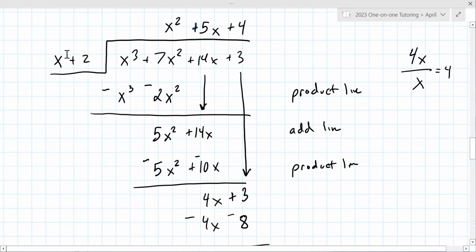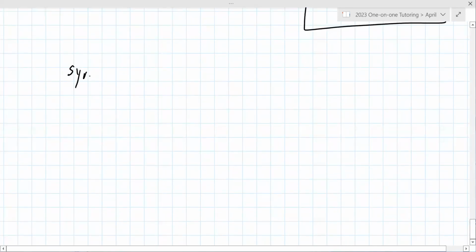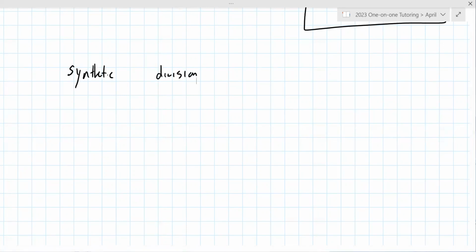Okay. Yes, exactly. All right, so let me make a little note here that next time we should move on to synthetic division, which is the faster way to do this. And there's more questions that can be asked, but it's really impressive that we were able to do all that in